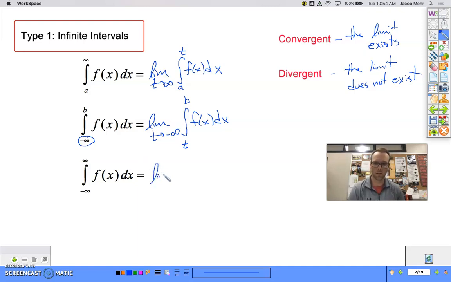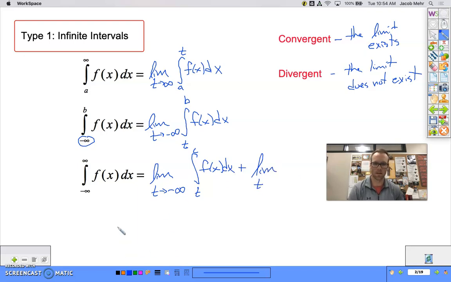The first one, we'll take the limit as t goes to negative infinity of the integral from t to some number, I'm just going to call it c, where c could be anything, of f of x dx, plus